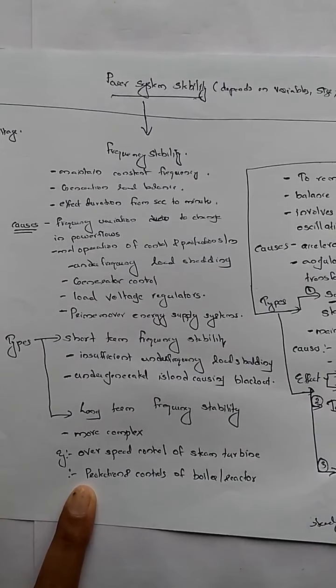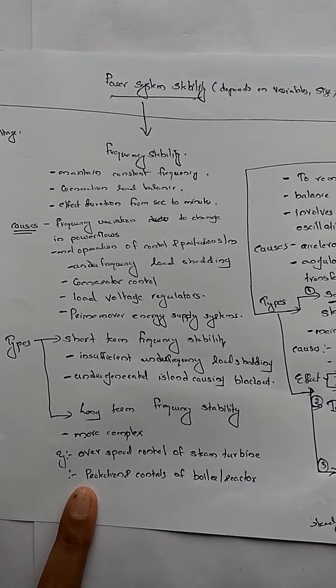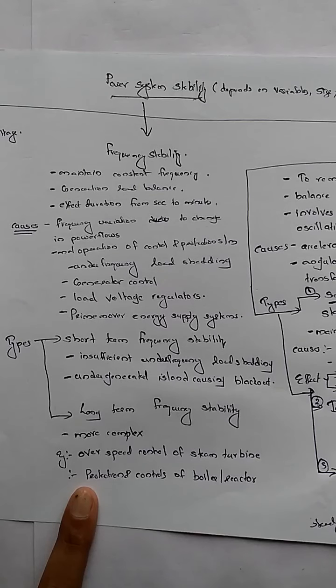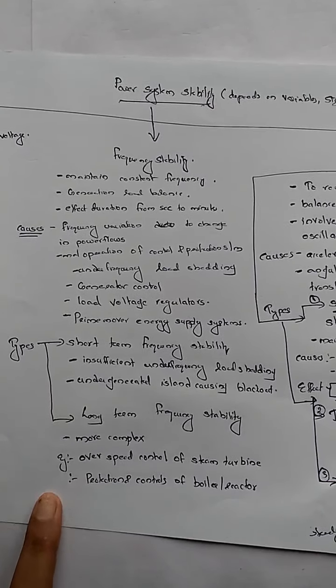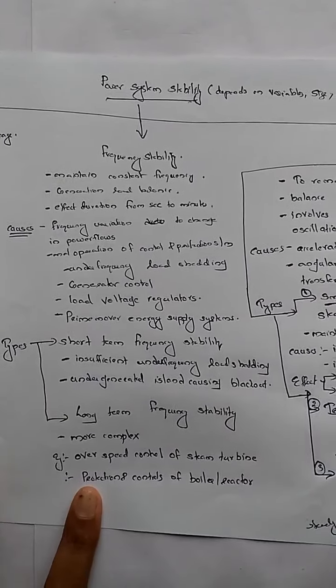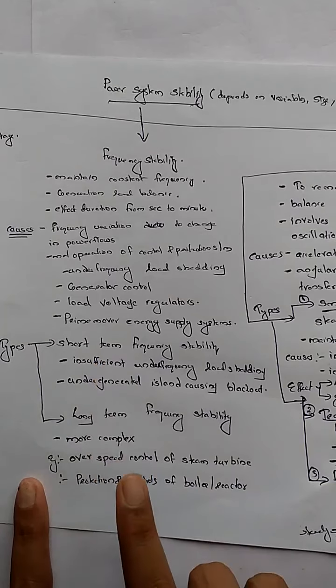Okay, this change in the power flow, maloperation of the relays, that is sometimes the under frequency relays operate and load shedding will happen. The generation control or load voltage regulators maloperate, or the prime mover energy supply systems may cause the frequency to change. So these are the causes of frequency instability, and depending upon the time duration in which the instability is sustaining, we are classifying it into short-term frequency stability